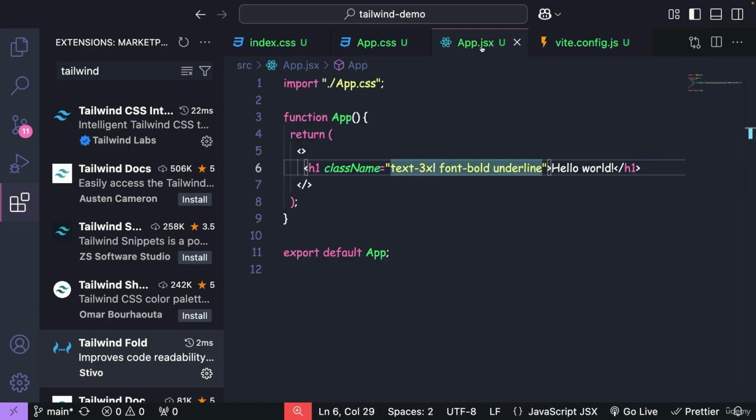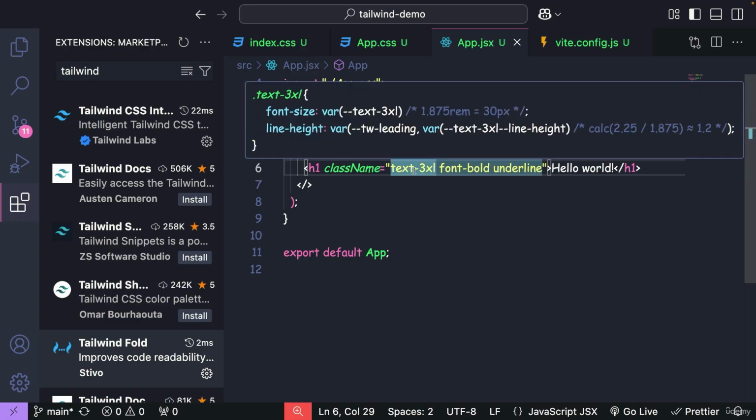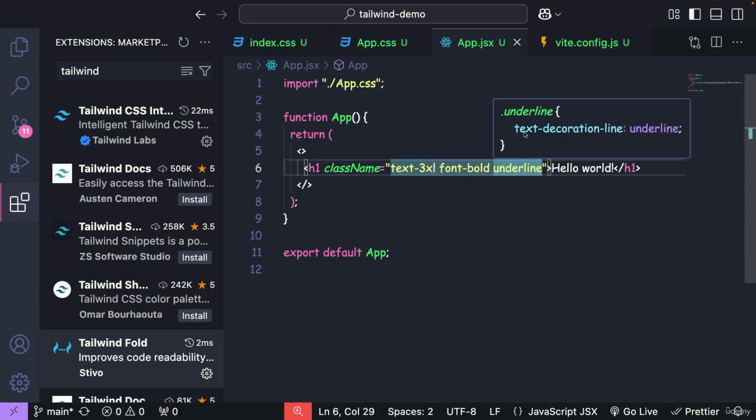Inside the app.jsx, as of now, we are using few Tailwind provided utility classes. For example, here I'm trying to use text-3xl. If I hover on this class, the Tailwind CSS IntelliSense extension is showing me what will be the actual plain CSS that is going to be applied on my H1 element. So the font size is going to be around 30px and line height also I'm going to get around 1.2. Similarly, if I hover on the underline, this is the actual CSS that is going to be applied on my element,